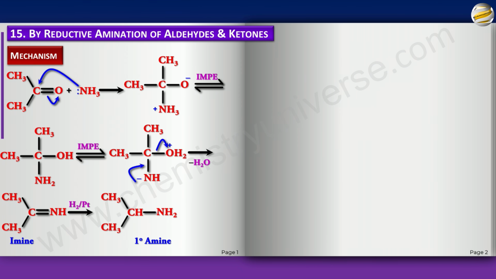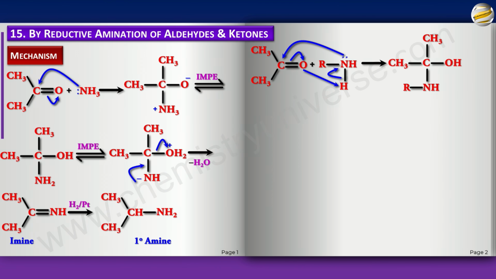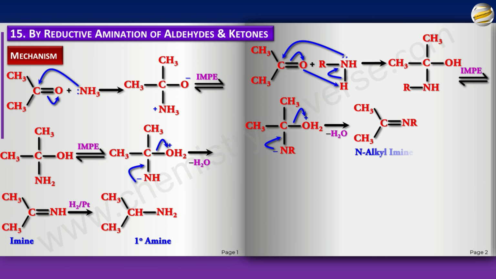But suppose I were to not use ammonia, and use a primary amine instead, that means there is already an R. Here you see I'm showing you the O directly taking the H because I don't want to show more steps. Ultimately, I'm going to get this. And again, if the N were to lose the H to OH, again the same thing happens. O minus comes back, water leaves, and again do catalytic hydrogenation. This is N-alkylamine. Won't you get a secondary amine this time?